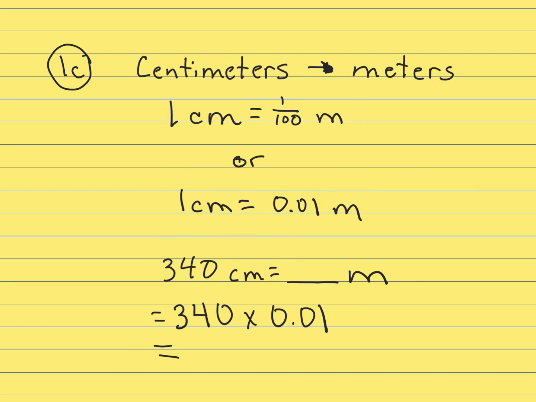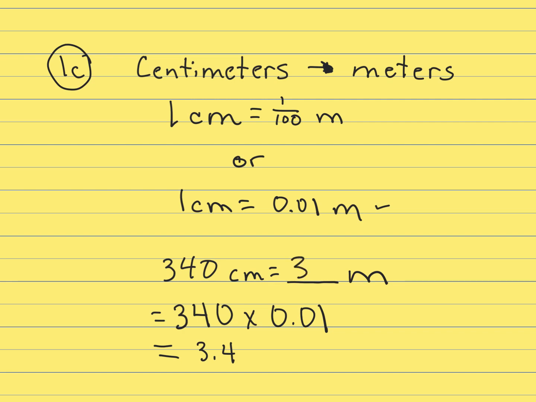Okay, next on 1C, you're going to be making centimeters into meters. So if we have 1 tiny centimeter, it's going to take 100 of those to make a meter. So we can say that 1 centimeter is 1/100th of a meter, or we can write it in the decimal form or the fraction form. So if we have 340 centimeters, how many meters? We're going to do 340 times 0.01, which means we're going to move the decimal over 2 places, and then we would have 3.40,